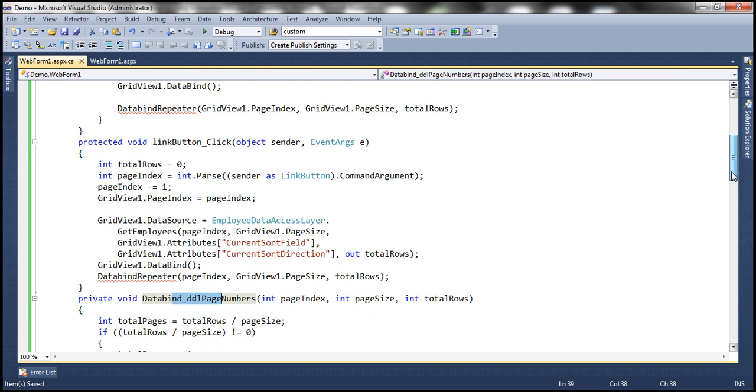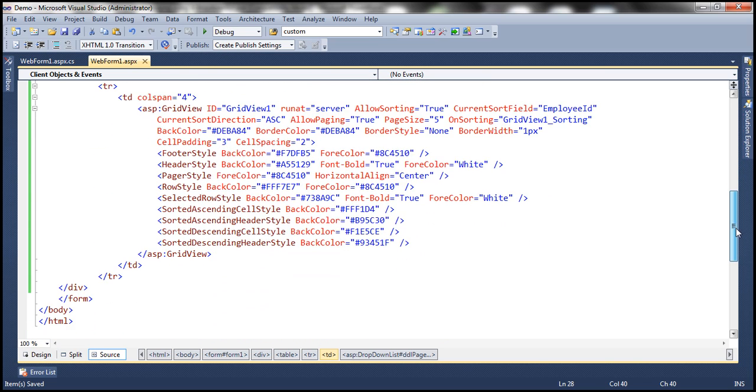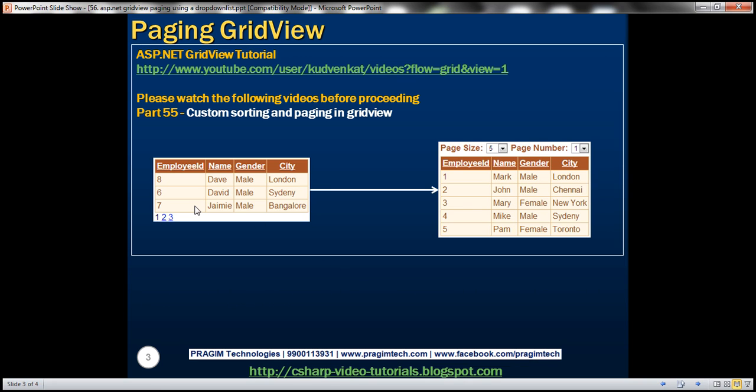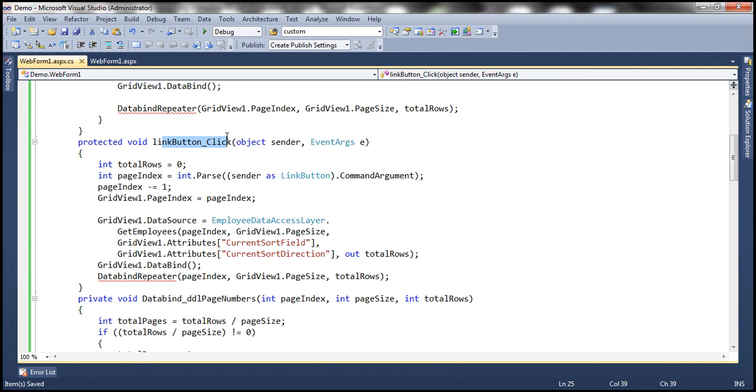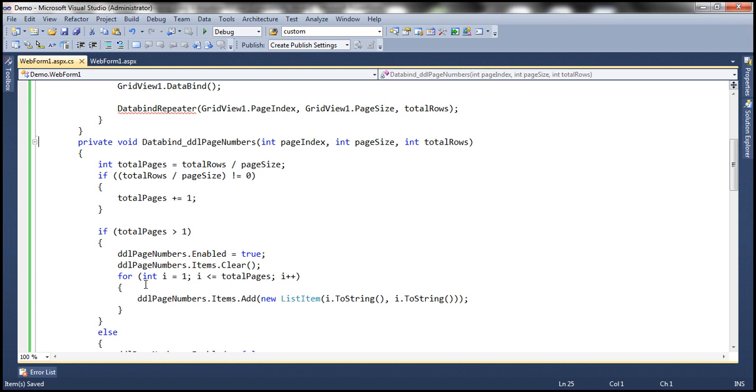Now another thing, remember we have got rid of the pager, the repeater control from this web form, and this repeater control was actually using link buttons to display page numbers at the bottom of the grid view control. And when I click on that link button, this event handler method was called link button underscore click. Now we are not using that link button anymore and the repeater, so I can get rid of this event handler method altogether. So let's delete that away,